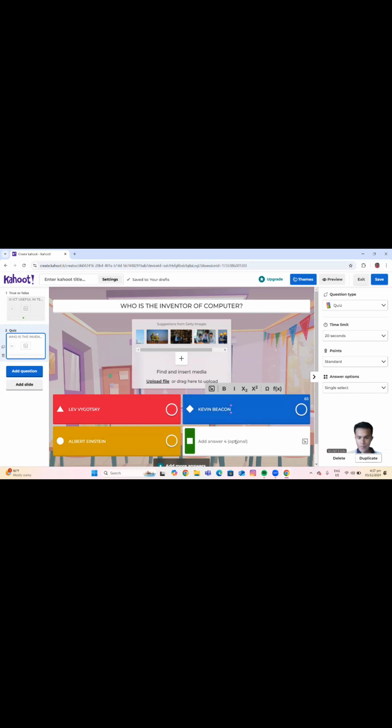Or, the correct answer is Albert Collins. So since the correct answer is Albert Collins, let me check the Albert Collins.